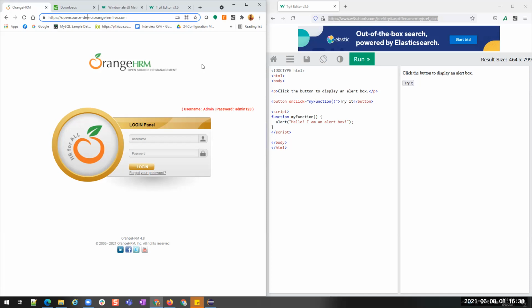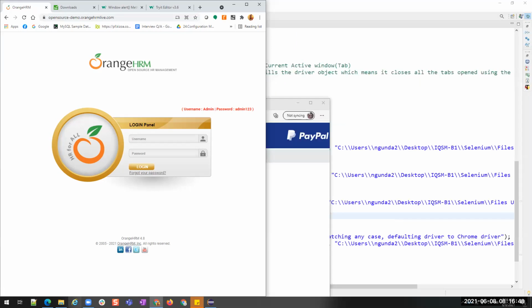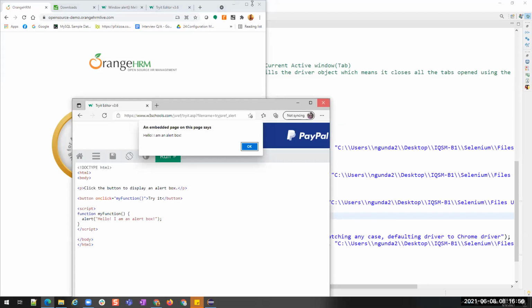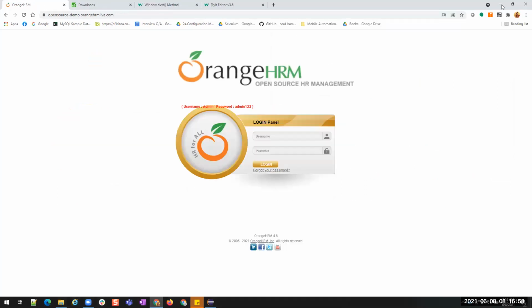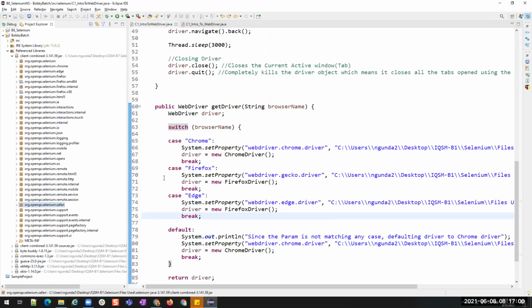What is the difference? Both are rendering the HTML pages. The difference is in how the pages are rendered. Understood? So when Microsoft already has Internet Explorer, then why should they go for it? Why aren't they continuing with Internet Explorer itself? Because Internet Explorer is unable to cope with the features of the real world, the latest features. So that is why they have to go with an alternative.